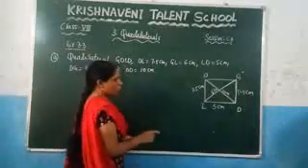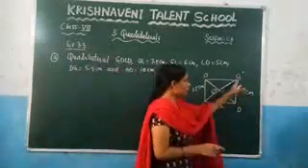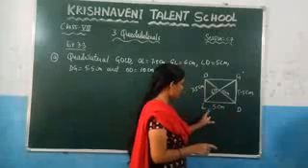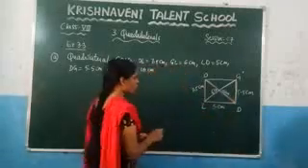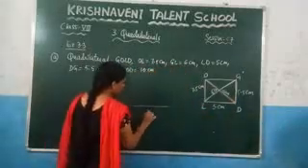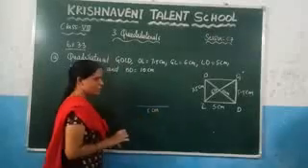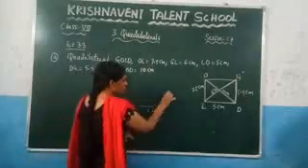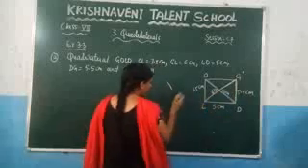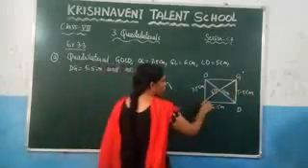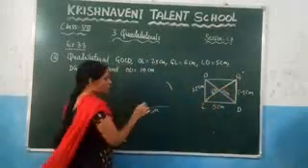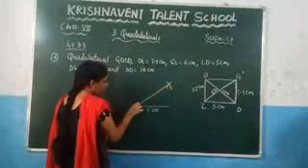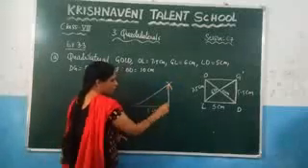So if you want to construct this one, first you need to draw this triangle. What is the triangle? LDZ. So let us draw here. First you need to draw the line segment which is 5 centimeters, and at this point you need to make an arc of 5.5, and at this point you need to make an arc of 6 centimeters. So here draw it here. Here now we are drawing this triangle.